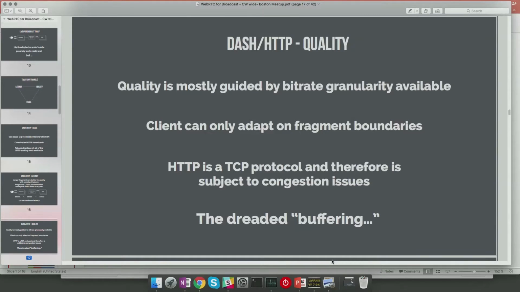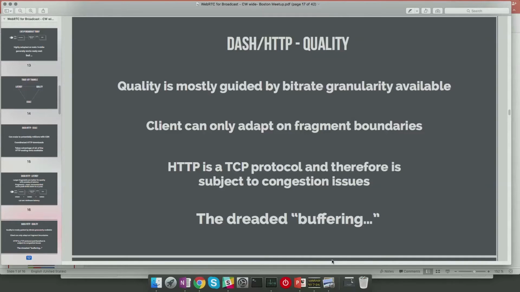For the quality side of the triangle, this is mostly guided by the bitrate granularity available. And clients can only really adapt on the fragment boundaries. So if I start downloading a 10-second fragment, I have to actually finish downloading that 10-second fragment to start the next one.